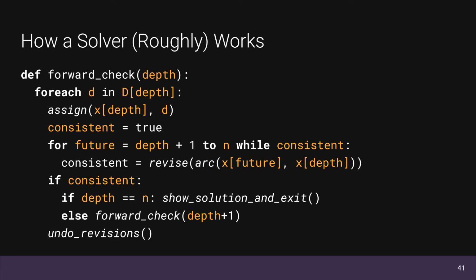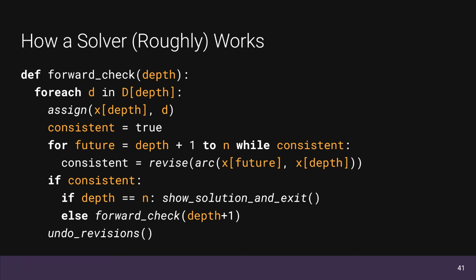So for each d in D depth, so for each value that's left in the domain of the current variable we're looking at, we're going to assign a value to that variable temporarily while we check things, or possibly permanently if it is consistent. So we go through first assuming that it's consistent, and then we look at each future variable, so all the futures that are ahead of the current variable in our list,